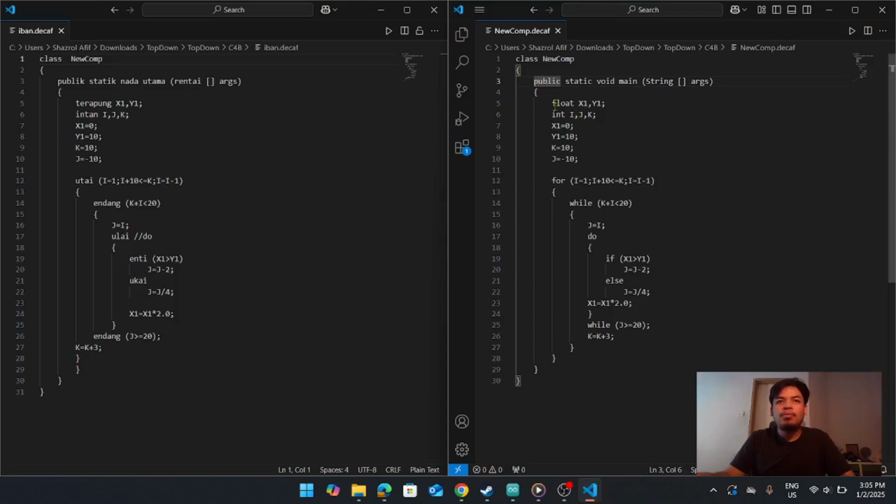This is a float, where the conversion is going to be a trapo, and integer is going to be an intan. So that's pretty much it for float and integer. And for "for" is utai. So over here, utai I equal to 1, I plus 10, and so on. And for the while is